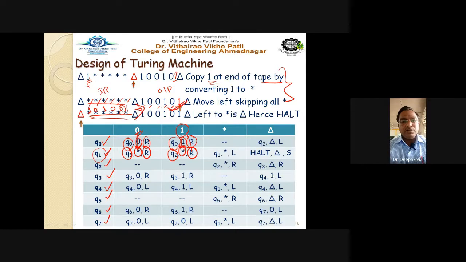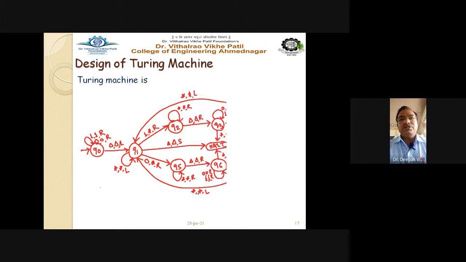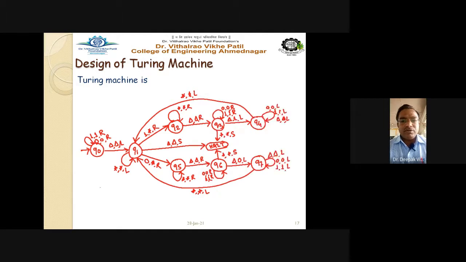So accordingly, we have to write down all the transitions in the transition table, and from the transition table it is very simple to draw the Turing machine as here. This is the Turing machine for calculating the reverse of the binary string. Getting this point? So the binary string gets reversed with the help of this particular Turing machine.